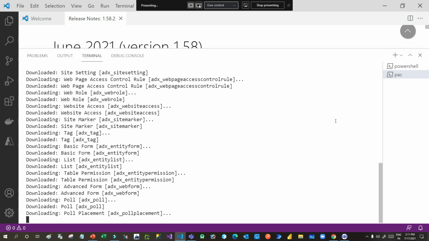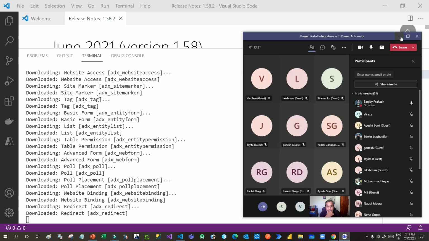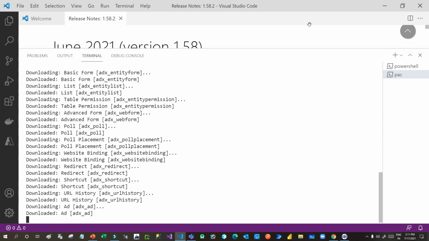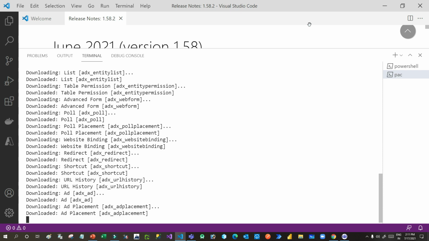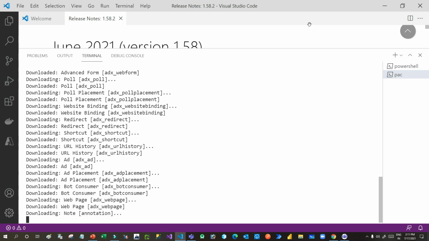So you have to wait till all the resources are downloaded. So it will download all forms, all lists, all CSS, everything which are part of your Power Portal.